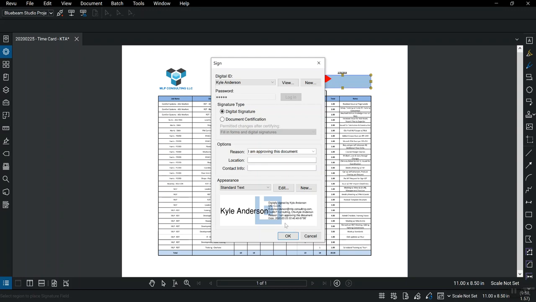So all of this information is loaded into the signature. So anybody else looking over this in the future knows that I signed this on this date and this time, and here are the reasons why. Under reason, we've got several reasons. I think the best one for us is I attest to the accuracy and integrity of this document. This is your time card. You're saying that, you know what, these are the hours that I worked, and these are the reasons why I worked those hours. I'm going to hit OK,